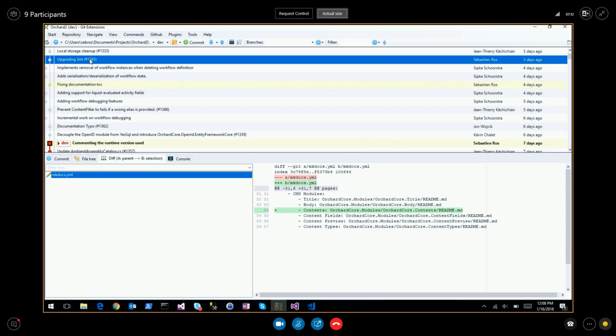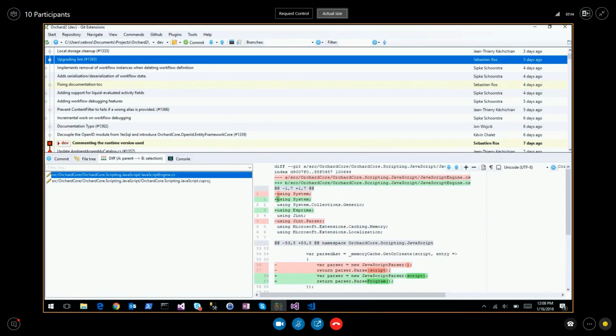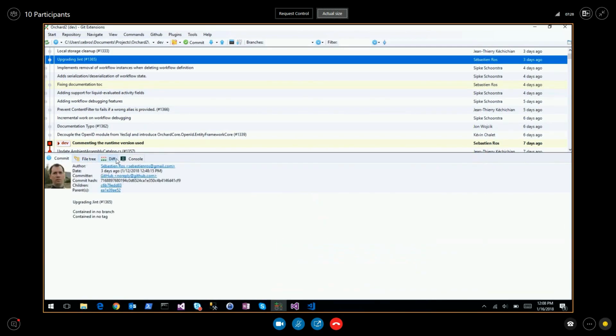This is YesSql. Upgrading Jint. Yeah, I talked about JavaScript performance last week and that we had a new version of Jint which was faster, and that improved the full page rendering throughput by 10%, which is good. And maybe we should not use Jint because Jint is not the fastest. It's very practical for many scenarios, but in terms of evaluation of JavaScript, there are much faster libraries.